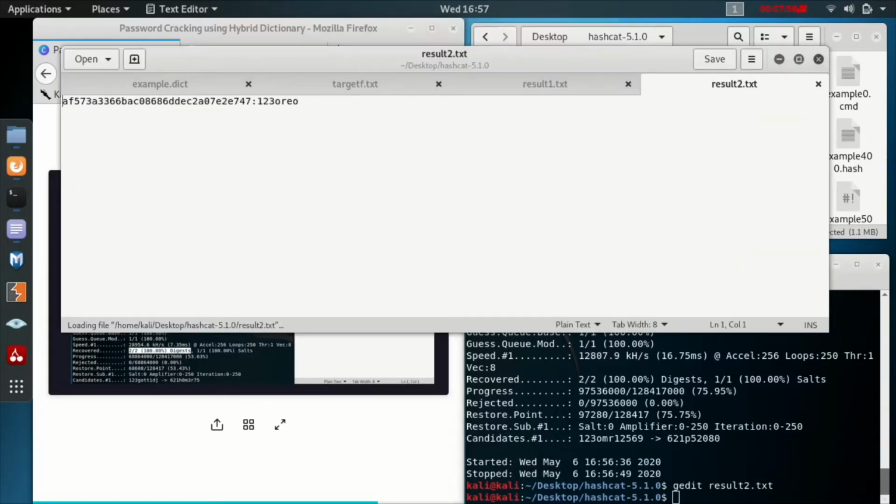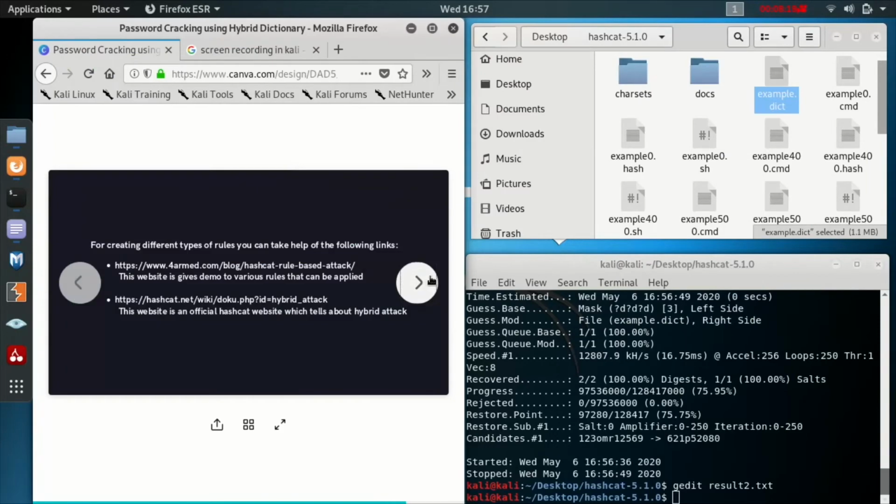The 123 Oreo password was cracked. As the first password was already cracked, it has already stored that, so it is not showing it right now. Otherwise, see, in result one we were able to crack this, but although this was not in the example.dictionary file, we were able to crack it using the hybrid dictionary attack.